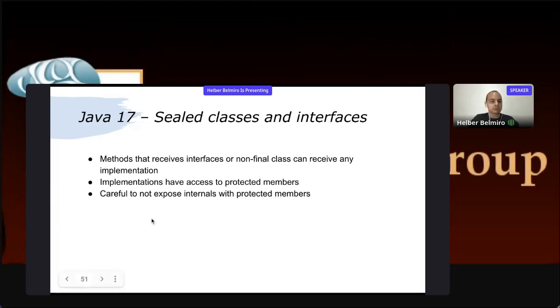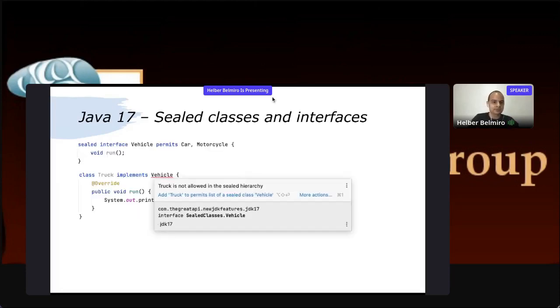And we have to be careful to not expose internal stuff, implementation stuff, through these protected members. So we have to be very careful when exposing a method that receives a non-final class or an interface. And the Java 17 sealed classes solve exactly this problem, because with a sealed class or interface, I can define